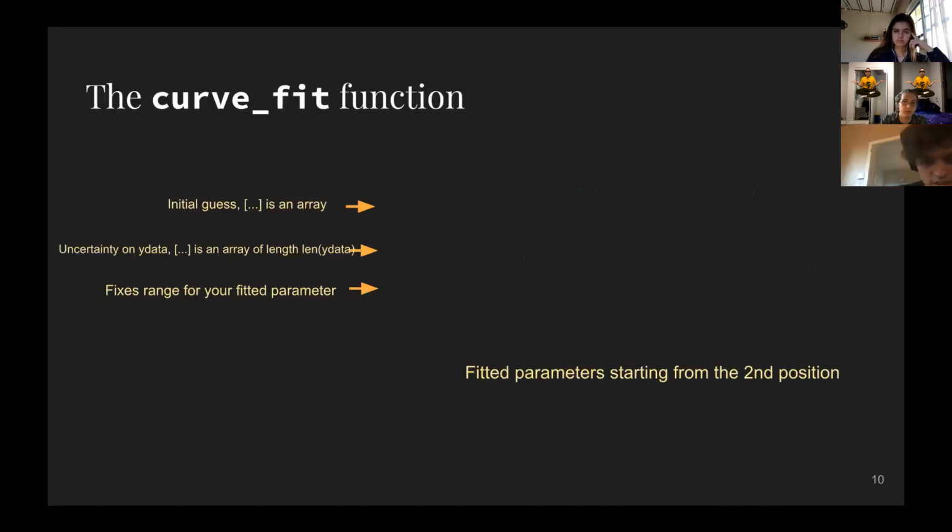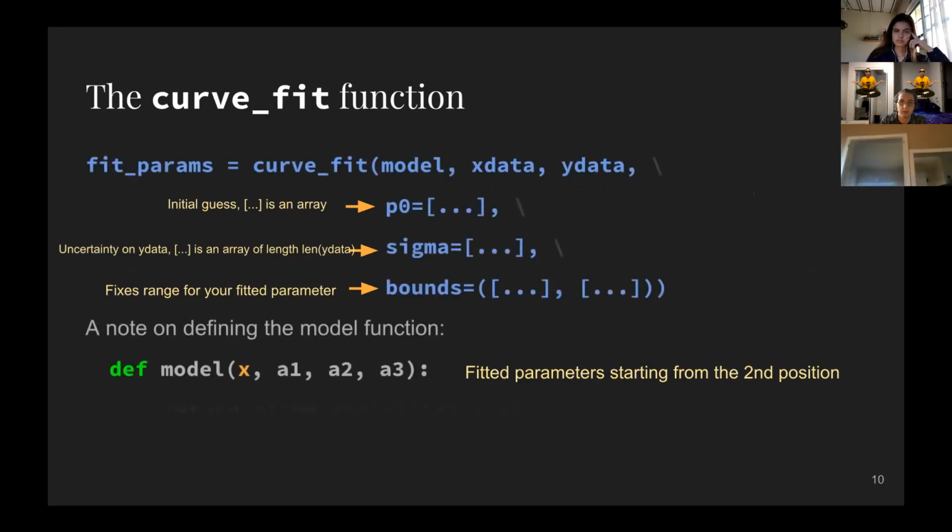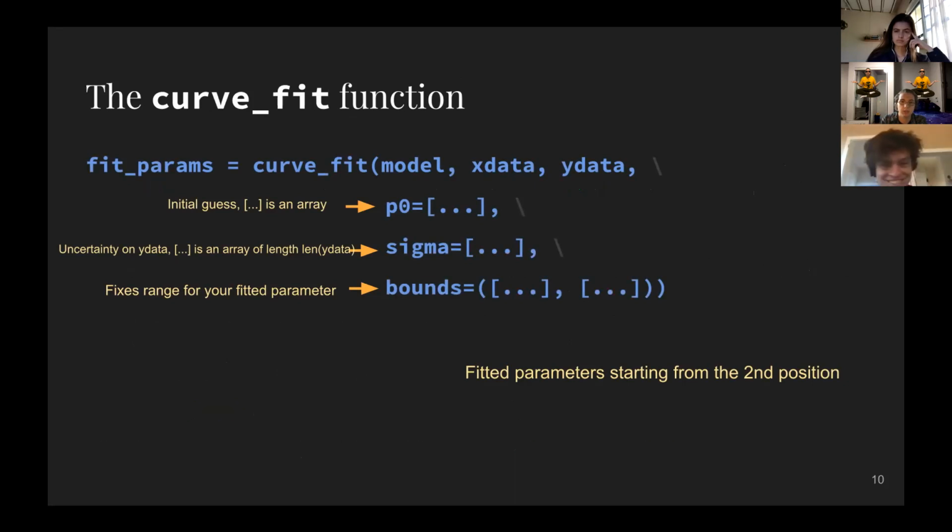Sweet. So this curve fit function, how do you use it? Well, here it is. This is the curve fit function right here, scipy.optimize, where we're importing the curve fit function. It takes in some model, which is a function, like an f of x that you define yourself. It takes in some x data, some y data. Then it takes in an initial guess for every parameter in your model. And then it takes in a list of all the errors, like the uncertainty.